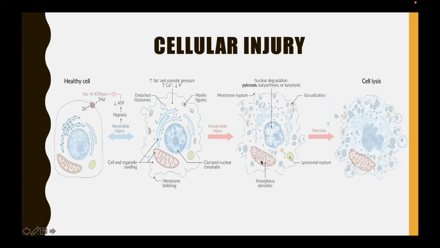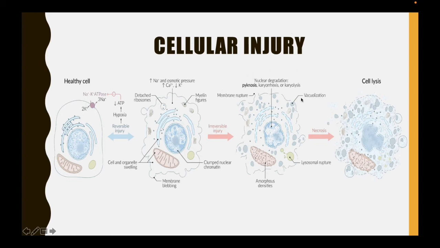And you can see these small dots present in the mitochondria. These are amorphous densities that occur from the clumping of all the proteins and the release of these proteins through the increased mitochondrial membrane permeability. And one more point to mention, so we saw the membrane rupture, and this is the